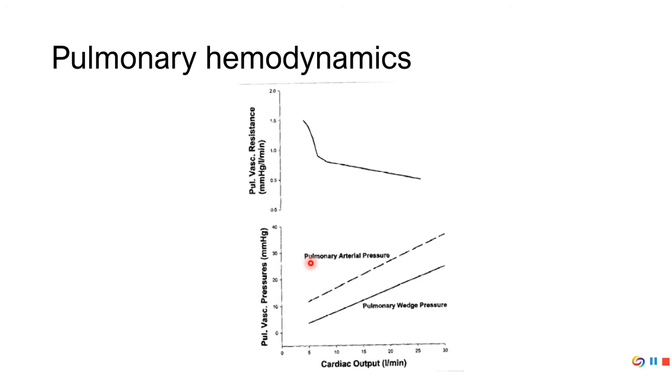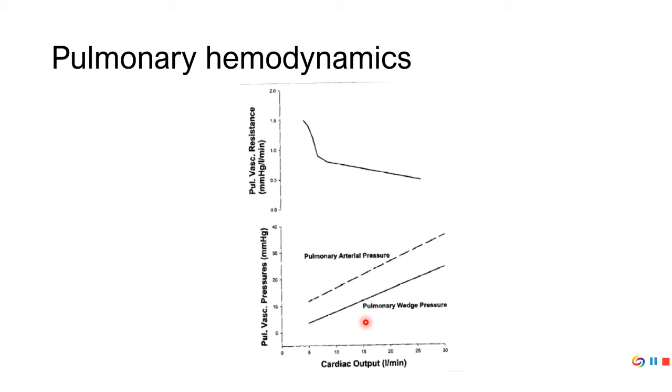Now, the pressure, when we go back to that equation, flow equals pressure over resistance, you have to remember that pressure is a gradient. Okay, and so that's the difference between pulmonary artery pressure and pulmonary wedge pressure. And pulmonary wedge pressure is essentially the pressure in the capillaries. Okay, the reason they call it wedge pressure is they take a catheter and they push it up through your arteries, your pulmonary artery, and they push it until it's wedged, literally wedged in your capillaries